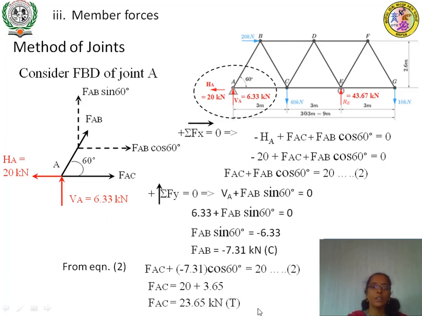After obtaining the forces in these two members, we have to move to the next joint. Which joint do we select? Either joint B or joint C. But you have to check whether there are two unknowns or fewer; it should not be more than two. If you select joint C, the force in this member is known, but forces along these three members will be unknown. Therefore you cannot select joint C. The next option is joint B. Force in this member is known and the remaining two are unknown. Therefore we can select joint B.